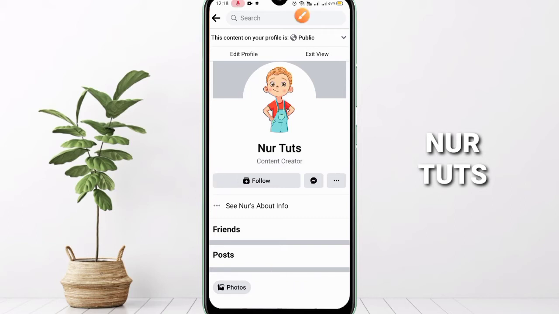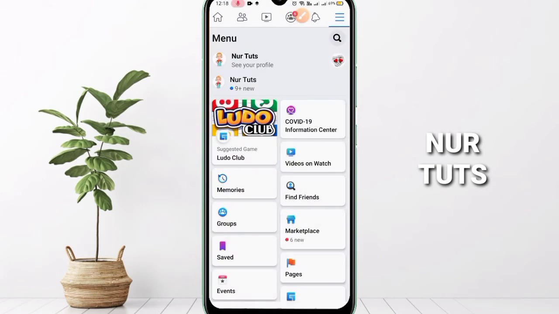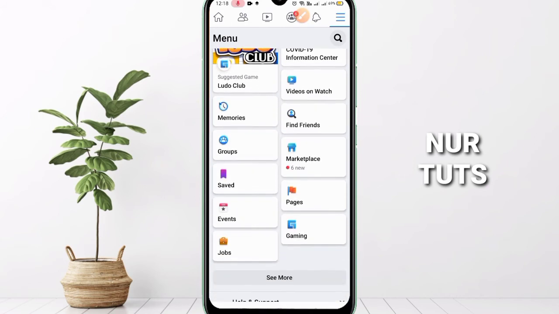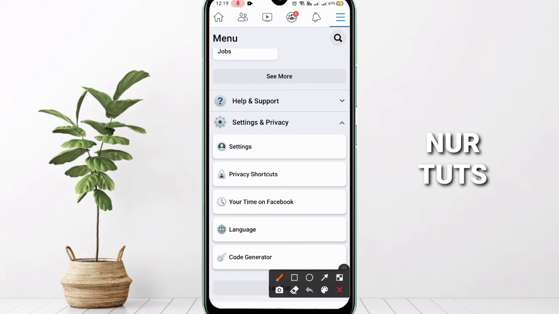Just follow these steps. Firstly, as I have already mentioned, you have to update your Facebook application. Then after updating, we have to go to the settings option. So how can we go there? Just follow this step, scroll down, and here you can see the Settings and Privacy option. Click on it, and here you can see the Settings option. Click on it